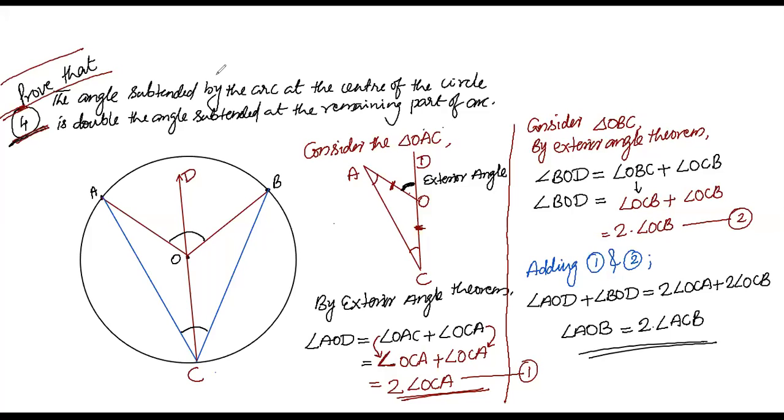See the figure again, angle OCA plus angle OCB gives the total angle at the remaining part of the arc, angle ACB. Therefore, we reach the final line: angle AOB is equal to 2 times angle ACB. That means the angle at the center by an arc is equal to double the angle made by its remaining part of the